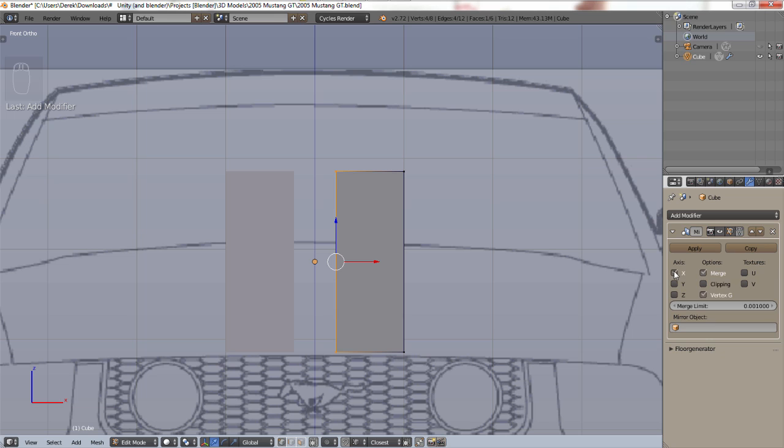Make sure it's in the right axis, which is X. Let's turn on clipping so that we can't go over the x-axis. But we're going to use a mirror modifier since cars are extremely symmetrical along the,